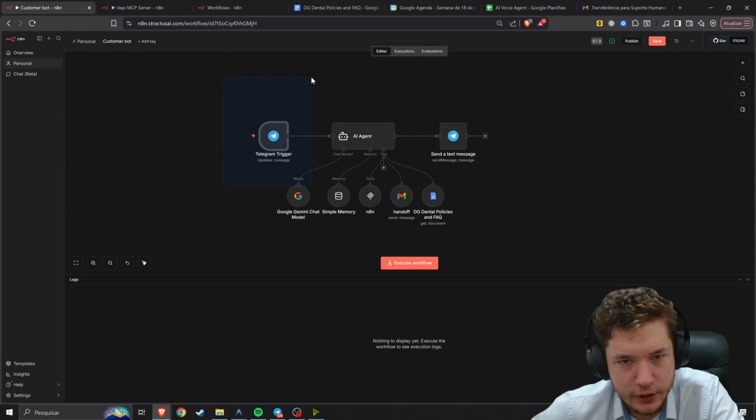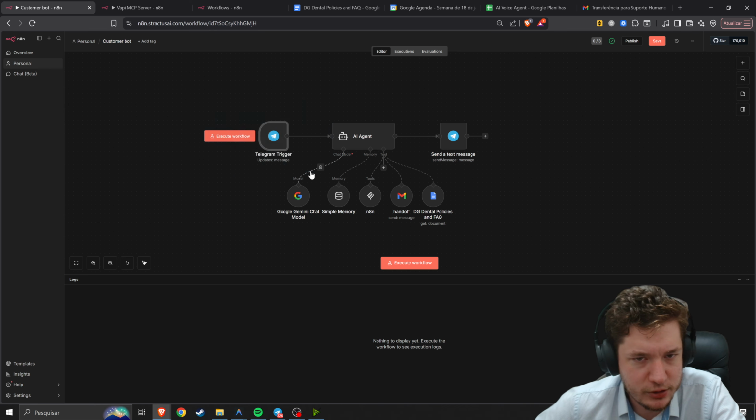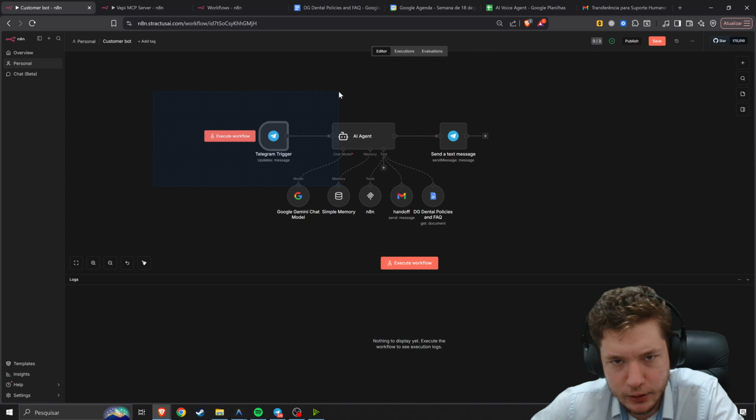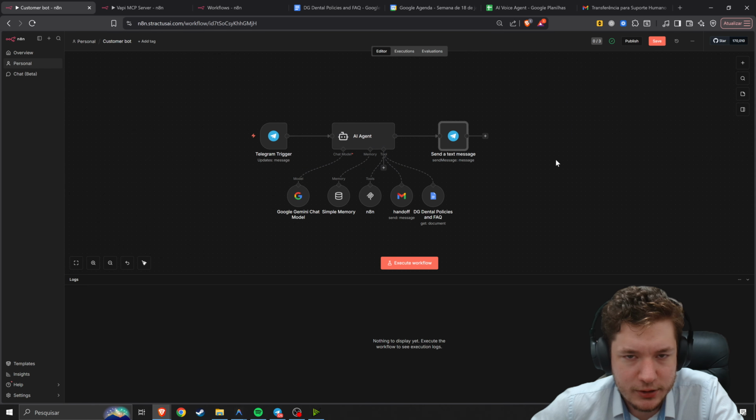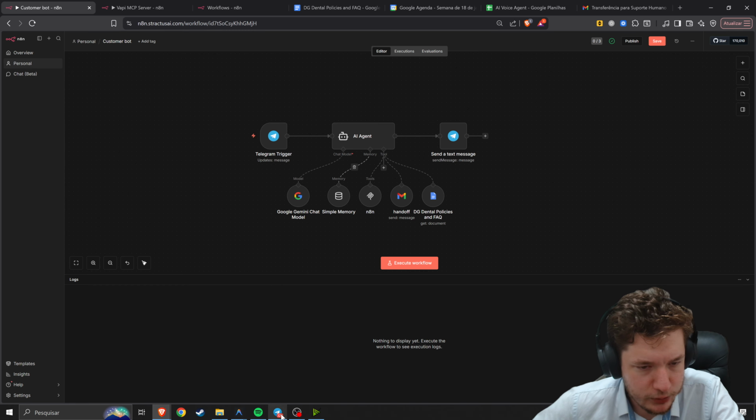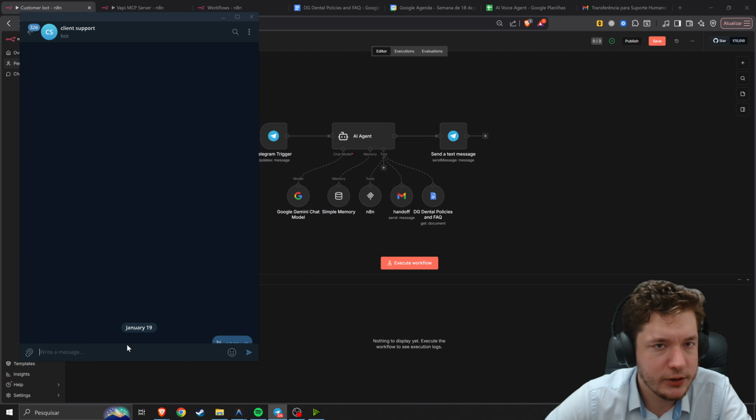So here we have just a trigger to receive the messages. You can use anything. I'm using Telegram right here. You can use WhatsApp. You can use Instagram. The agent itself, and sending back the message. So if we want to test it, we can just send a message,